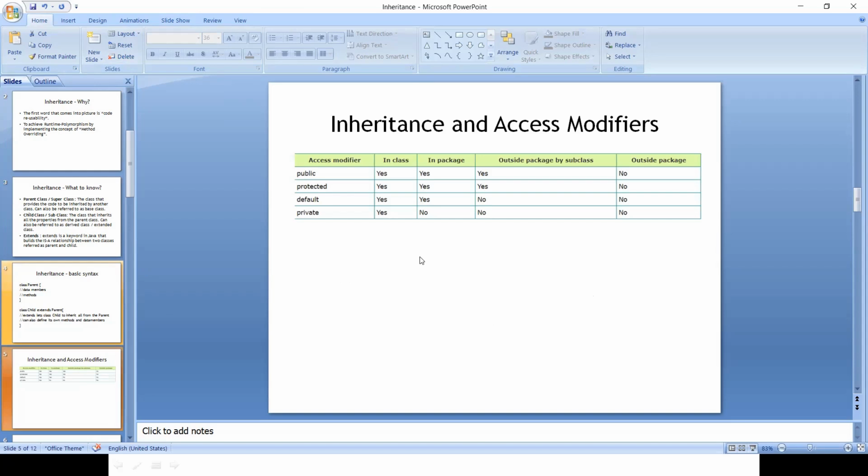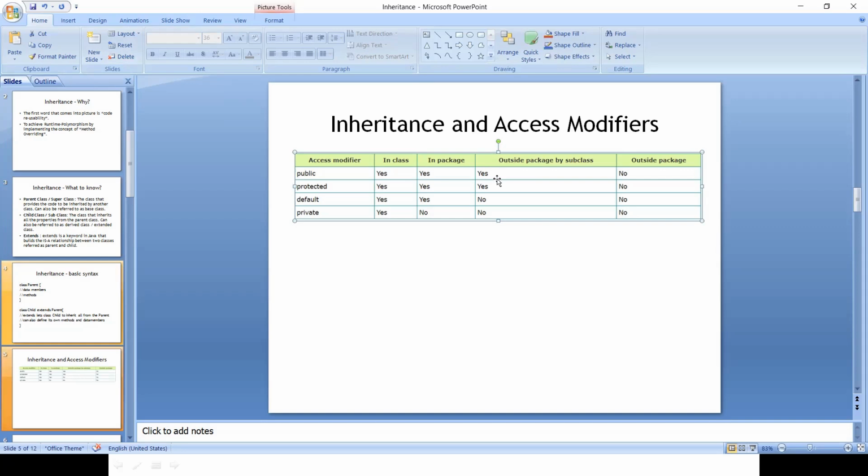How is this interlinked? When the access modifier of the class is public, this class can be extended within the class, also within the same package. When the class is public, it can also be extended outside the package by a subclass. It means my Student class is in a different package and my Database class is in a different package.